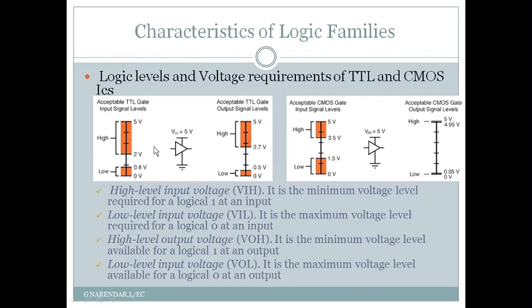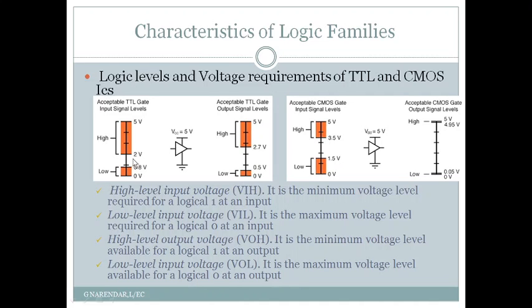Are different. So at the input, logic 0 voltages are from 0 to 0.8, logic 1 voltages are 2 volts to 5 volts, and the output low signal has voltage range 0 to 0.5 volt, high signal has voltage range 2.7 to 5 volts. And if you observe here, there is a gap